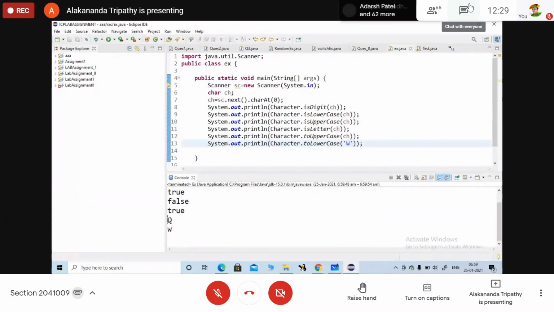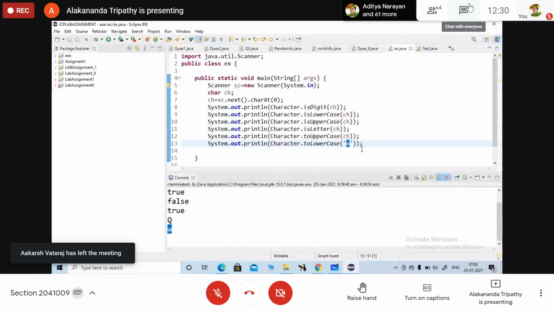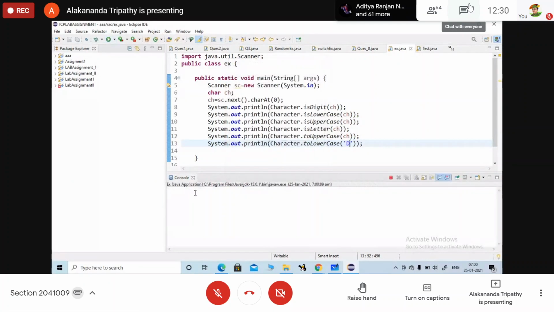Here it is converted to upper and it is converted to lower. You can't make out the difference for W, right? I will do it with another example. I have put it in D. I think in D you will get the difference.